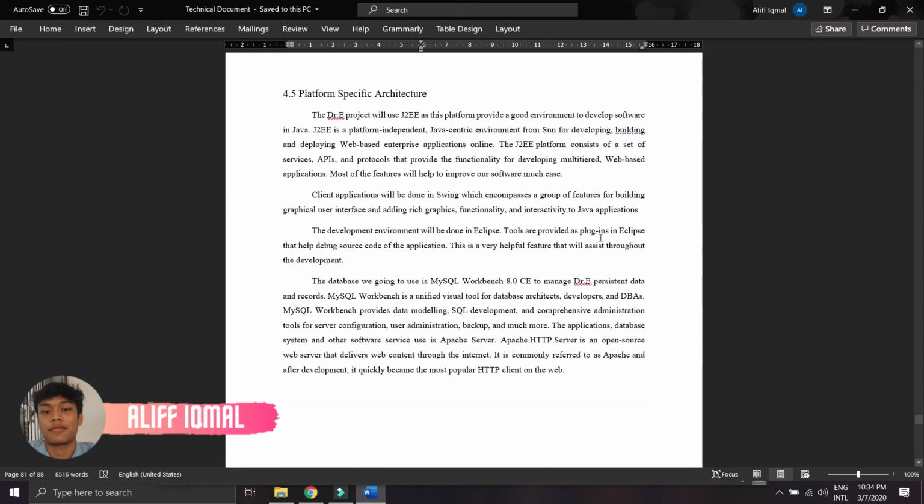Platform specific architecture. So the project will use J2EE, as this platform provides a good environment to develop software in Java. J2EE is a platform independent, Java centric environment for developing, building and deploying web-based enterprise applications online. The J2EE platform consists of a set of services, APIs and protocols that provide the functionality for developing multi-tiered web-based applications. Most of the features will help to improve our software. So in conclusion, we use Java J2EE to create